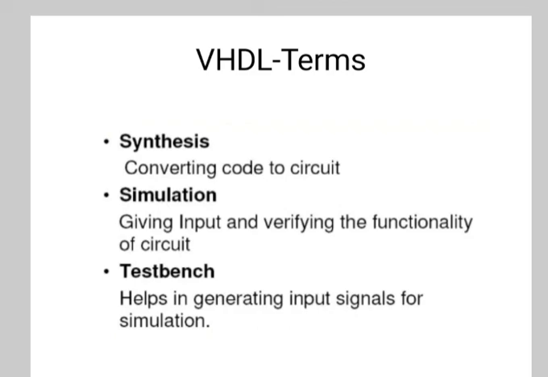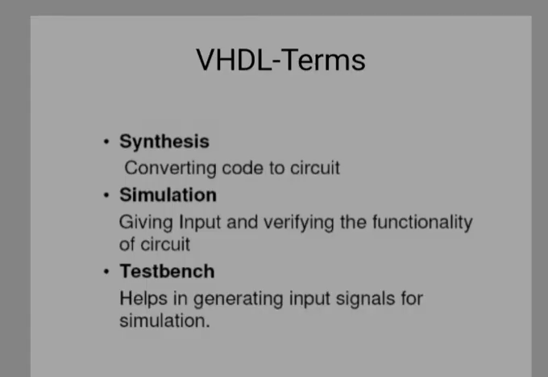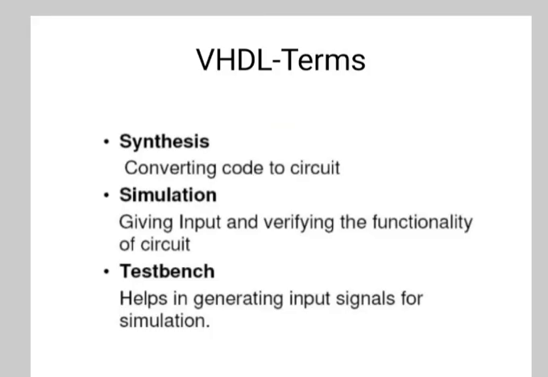Then data flow modeling. Data flow modeling is based on concurrent assignment statements. The flow of data through the entity is expressed using concurrent signal assignment statements. When any input signal changes its value, each statement gets executed. The data flow modeling style needs a Boolean equation as a design specification.